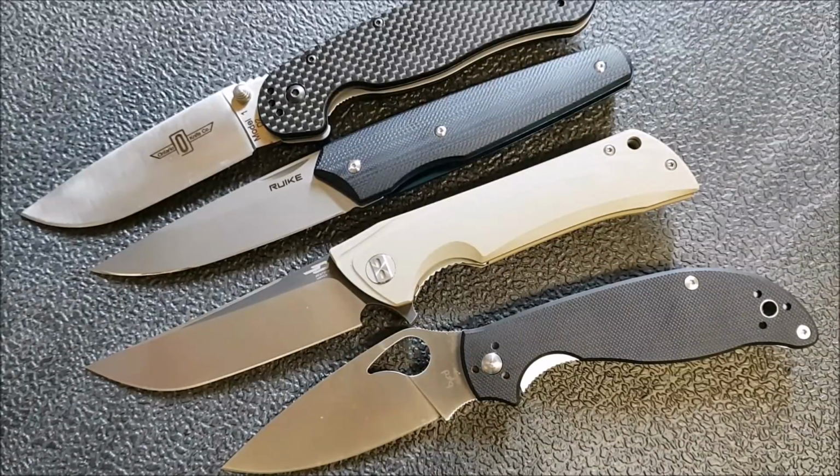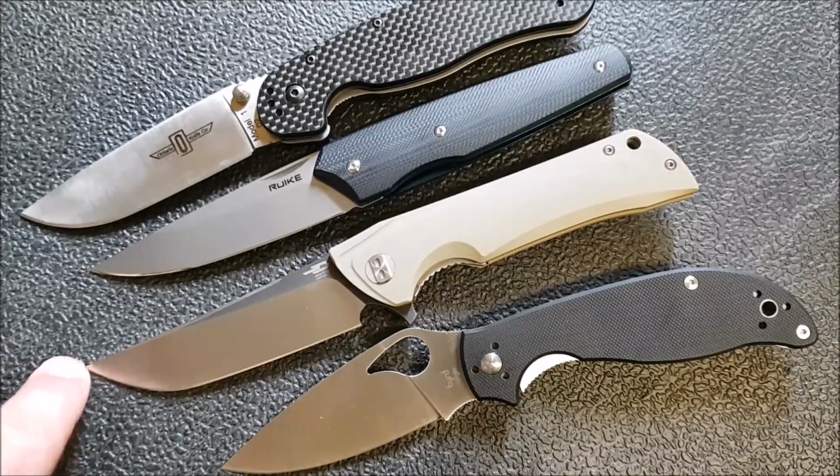Companies are really missing the boat. The companies like Kershaw and Gerber and CRKT, and even Benchmade to some extent, although they seem to be doing better, they are capitalizing. And I get it. Companies exist to make money, and those companies can cut corners and still make money because they're selling in big box stores. So they're getting a lot of sales volume and not having to do what Bestech or Reich